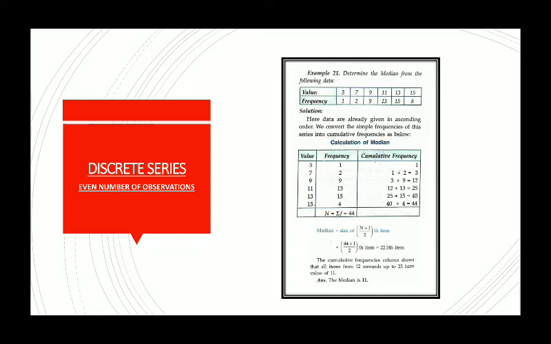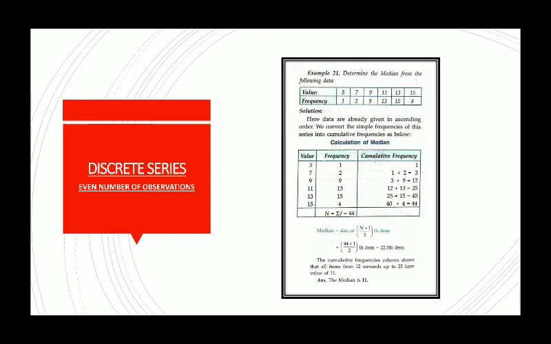The formula of median is again the same here, n plus 1 by 2th observation, where n is the number of observations. And whenever the frequency is given, we don't calculate the number of observations by counting the values. Rather, we calculate the total of frequency, and summation f is our n. So n plus 1 by 2 is 44 plus 1 by 2, which is the 22.5th item. After doing this, we get that the 22.5th item is the median.